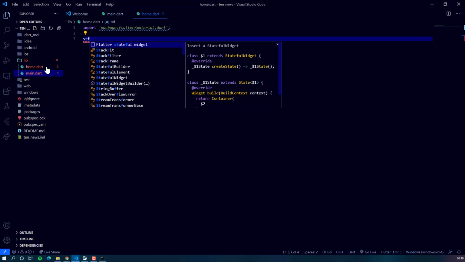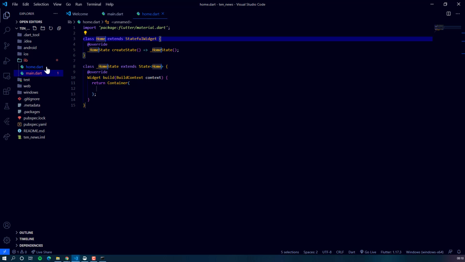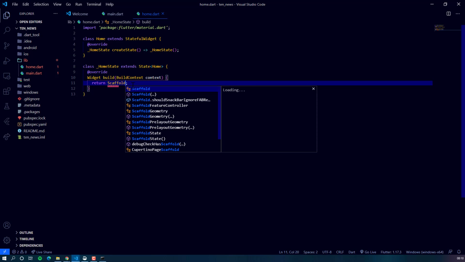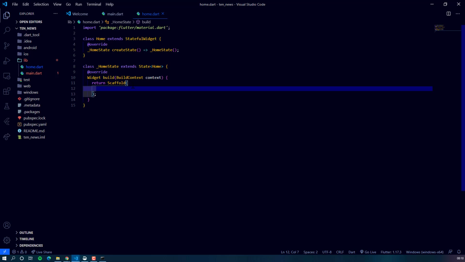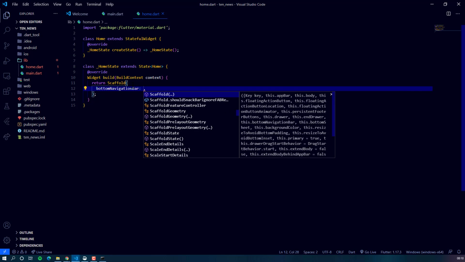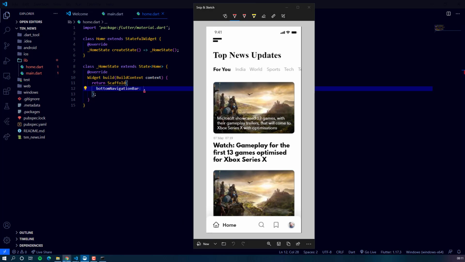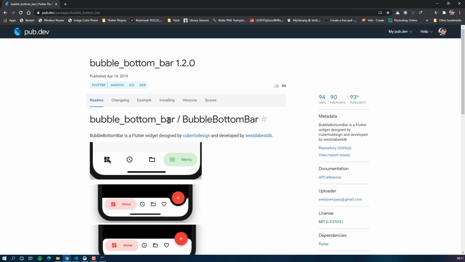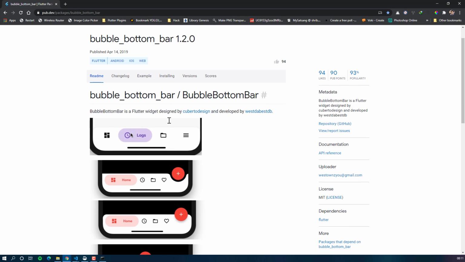Home would be a stateful widget. Now our home would return a scaffold. So today we are going to look at the bottomNavigationBar parameter. As you can see, we are going to use a package called bubble_bottom_bar.